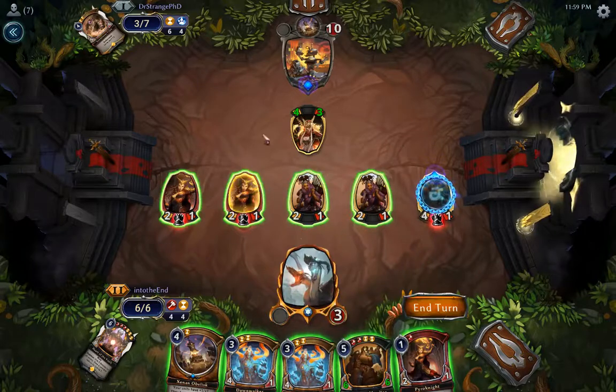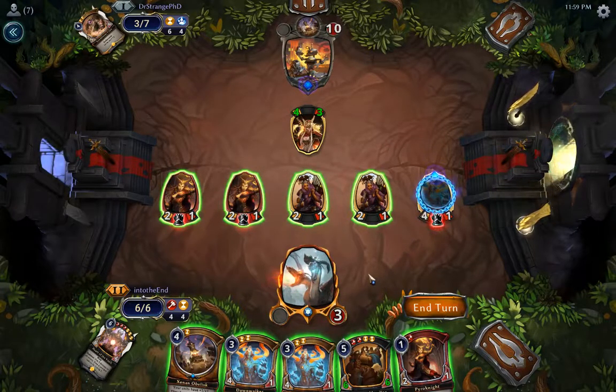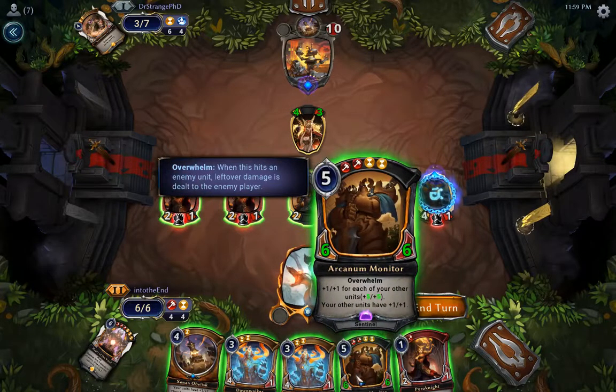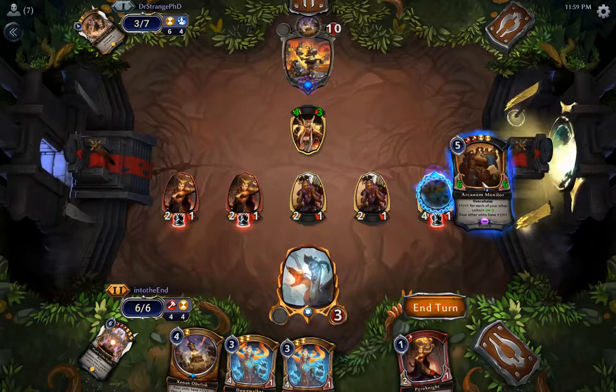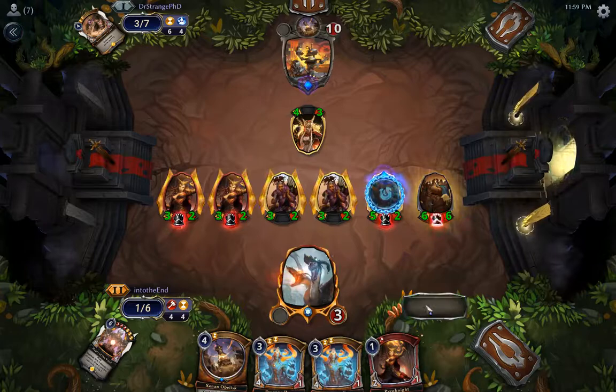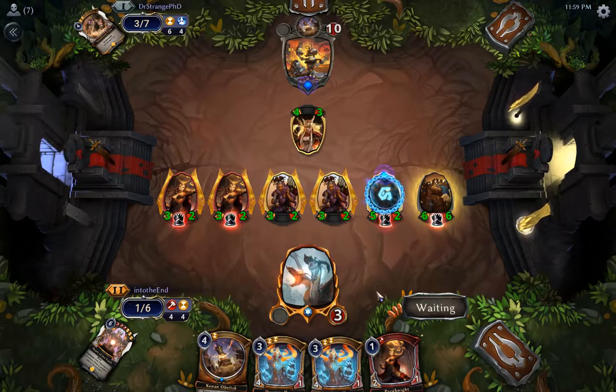Alternatively, I play the Arcanum Monitor, he blocks one of these, he takes 9 as well. So he's taking 9 no matter what happens, I guess. Okay, well then I'd rather just expand my board at that point. I don't know if I missed anything that could have gotten me the win, but...